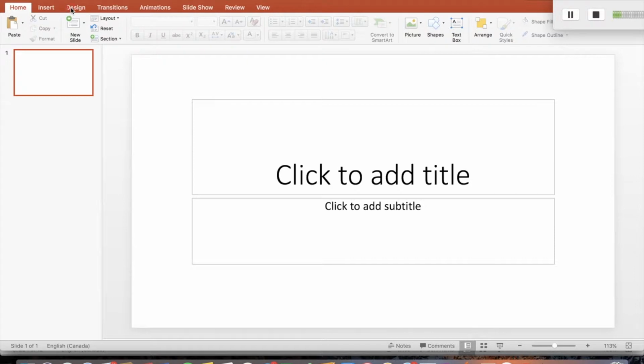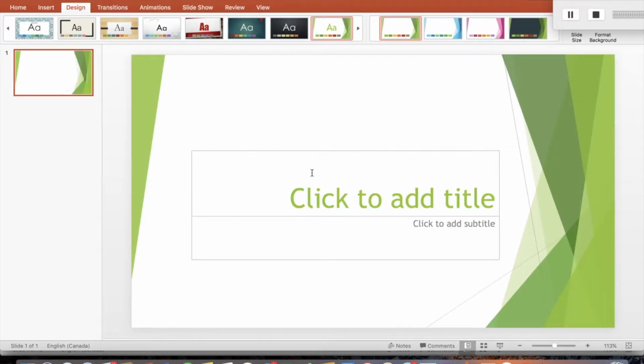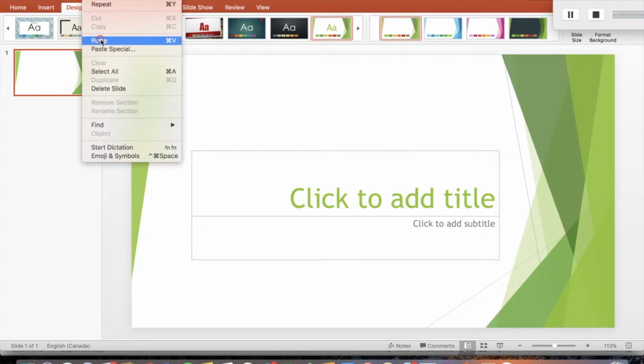and then you can go to design and pick your theme, if you want it like what you have, or sometimes for the songs I like to change it up just for fun, but depending on what's easiest. Or you can pick one of the images that are on the laptop already. If you wanted, let's just pick this one just because it's easiest. And then you go edit, paste,